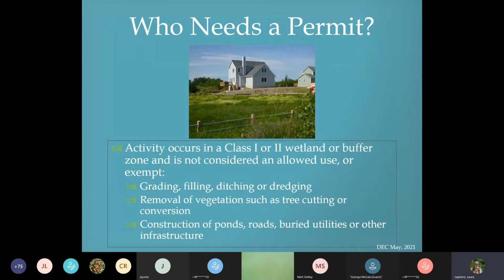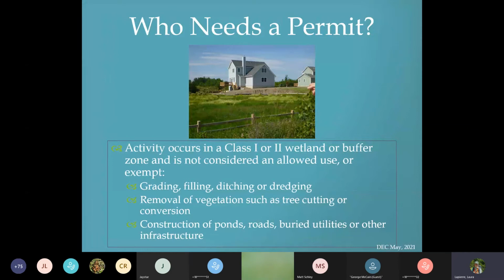So jumping into permitting. Any activity that occurs in a class 1 or class 2 wetland or their buffer zone that is not considered an allowed use or exempt from the wetland rules needs a permit. And I'll be going over exemptions and allowed uses in a little bit.